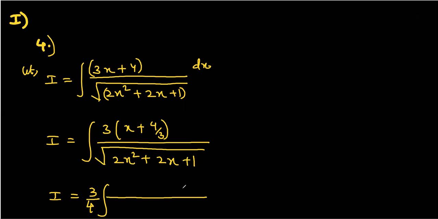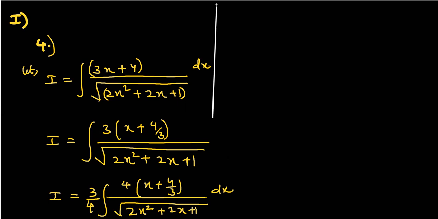So this will become 4 times x plus 4 by 3 and square root of 2x square plus 2x plus 1, dx. So the next step, what you get is